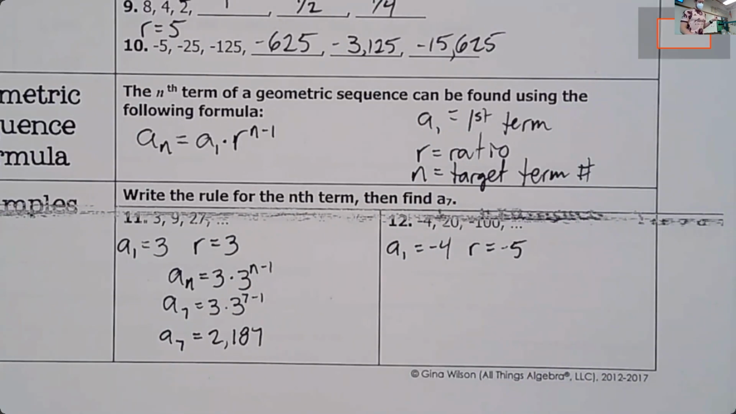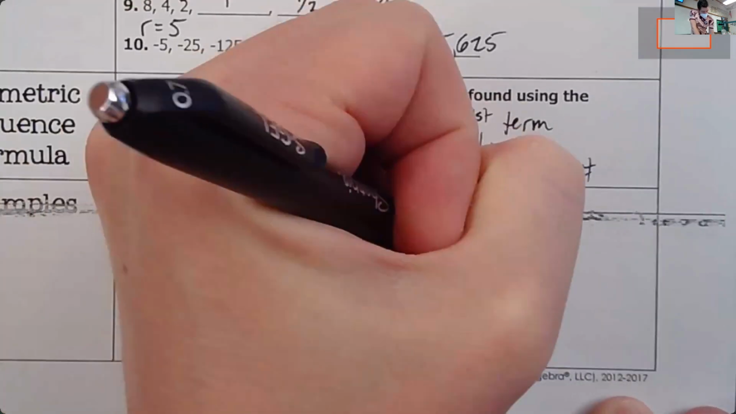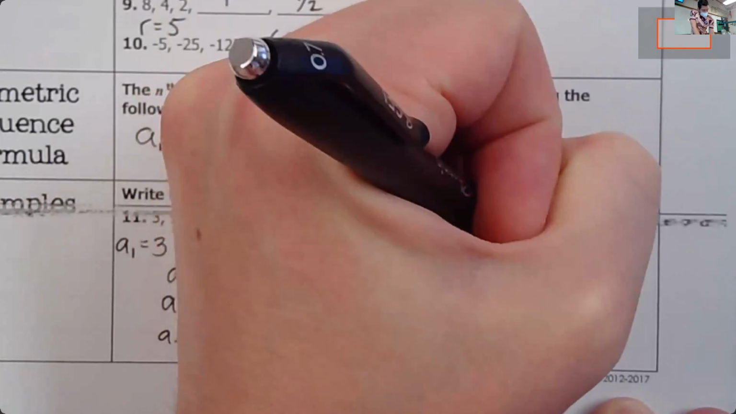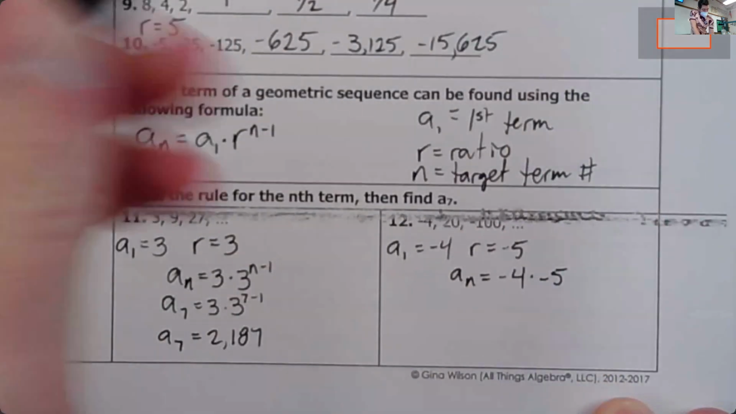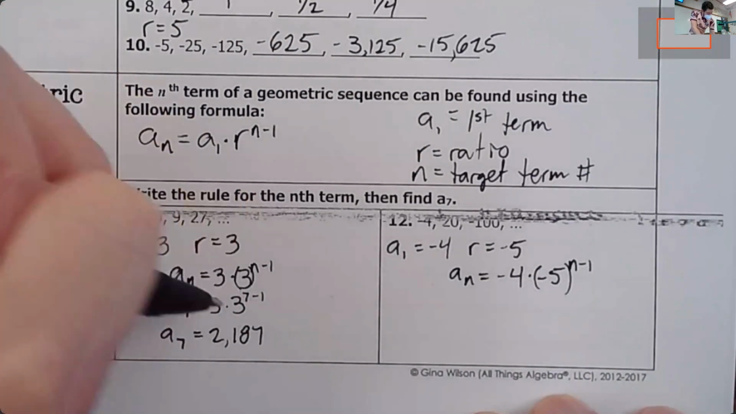So this is enough information here to write our rule for the nth term. So that would be an equals -4, that's A1, times the common ratio, -5, to the n minus 1. Now, when you use exponents on a calculator, it's actually always a good idea, and I'm going to put them around the 3 on this first one as well, it's always a good idea